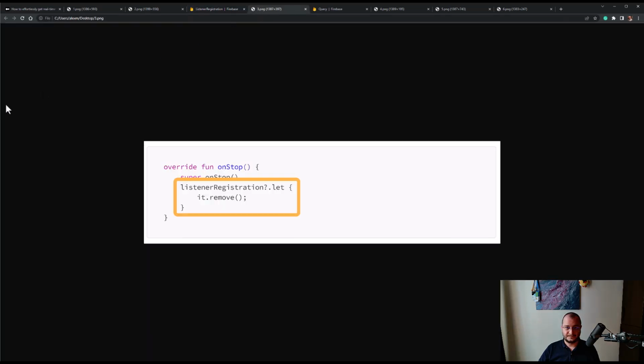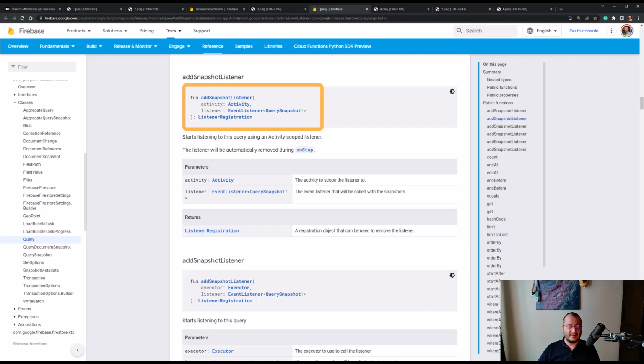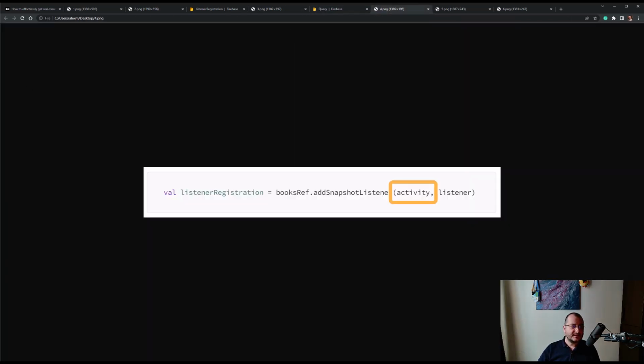destroyed. If you're using this code inside an activity and you don't want to manage the removal of the listener, then you can use a simple way of removing it. You can simply pass the activity as the first argument to the addSnapshotListener function. In code, it should look like this. This code starts listening to the query using an activity scope listener and cleans up the listeners automatically when the